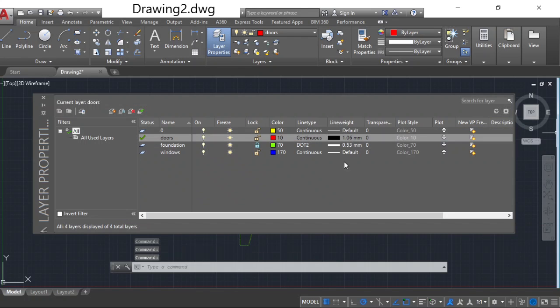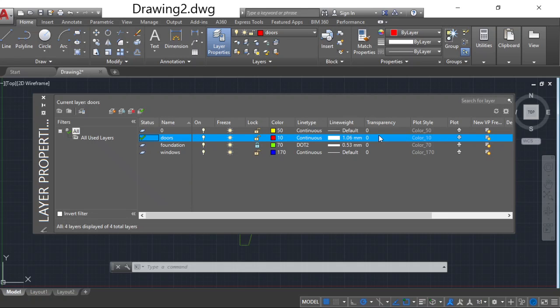And the next one is the transparency property. If an object is transparent, whatever object is drawn or appears behind it is visible.